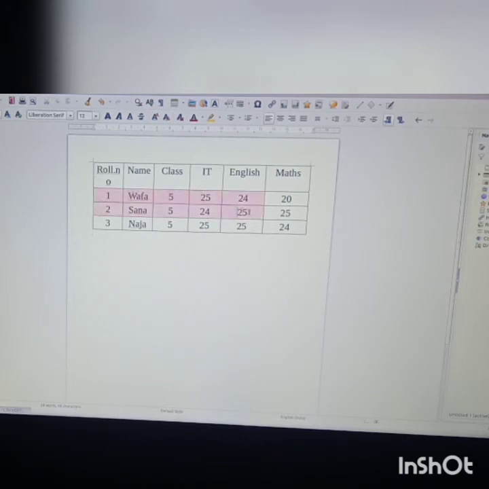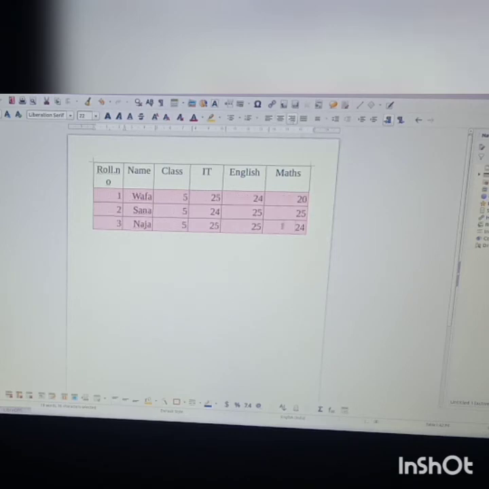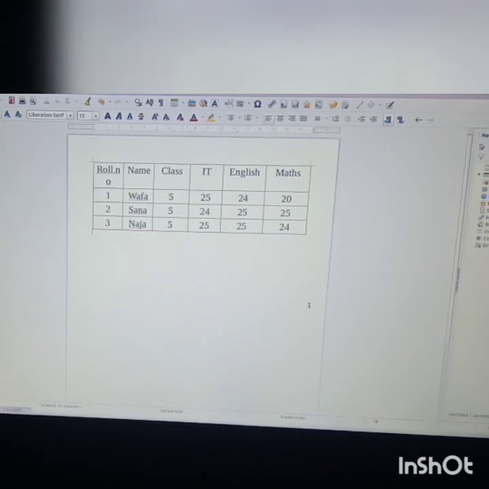Now we will see align right. See align right. So click align right. What happened? See, all these things came to the right side. Every number and the names, everything came to the right side. Then justified means it will not be in the center, not in the middle. It will be up to the column. If the column is very small, it will adjust in its own way. Okay, so we will make it in the center and keep align center. So everything is in the center. Okay children, that is alignment.